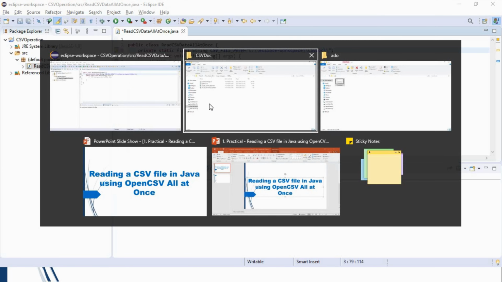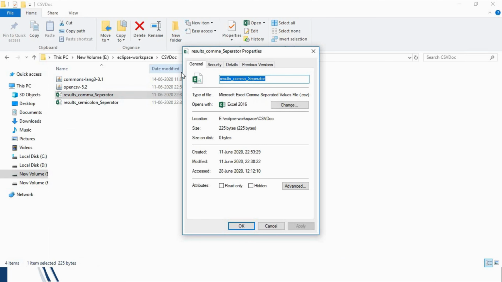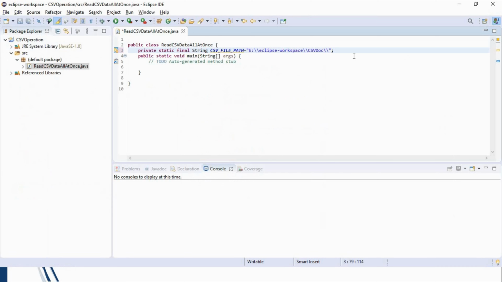Now we will type the name by simply copying it. Now at last append the extension of the file, that is .csv. And inside the main method we will call our required method for which we are going to define the logic.